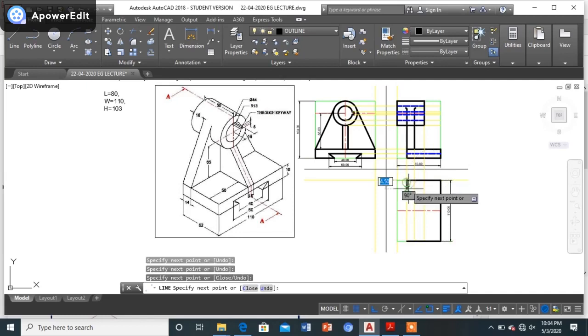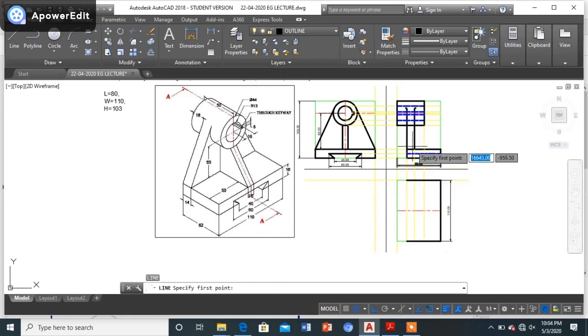It is like this. Front view we have missed out with the rib. Definitely we are going to complete it, and only this part will be left out. Let us just complete the rib part which was left out in front view. So this is the one which was yet to be done.